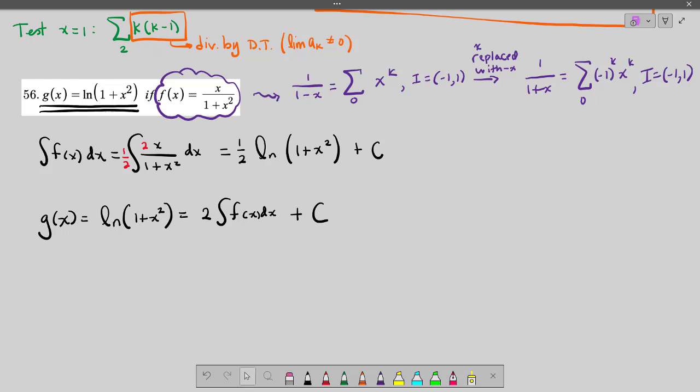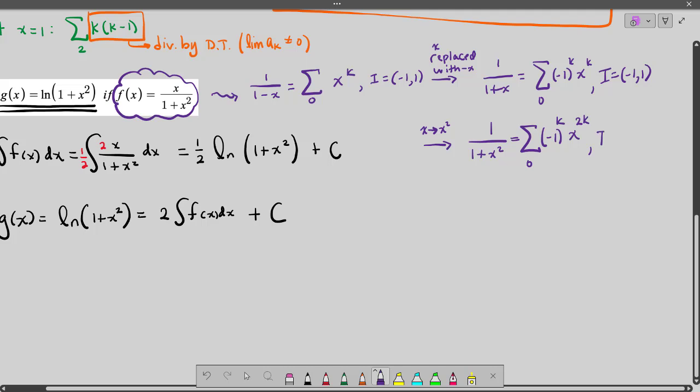So what are we going to replace x with to turn this into an x squared down there? All the x's are going to become x squareds, right? We're going to replace the x with x squared. So here, we're going to turn the x into an x squared, which means we need to turn the x into an x squared in here, in the power series. So that's going to make a power of 2k. Now, the interval of convergence, whenever we do a substitution,